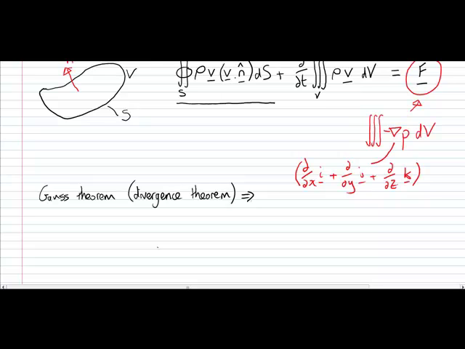So applying Gauss theorem to that integral on the left-hand side, we can rewrite it as a volume integral, plus d by dt, and it's possible to bring the d by dt inside the integral in this second term. So d by dt of rho v